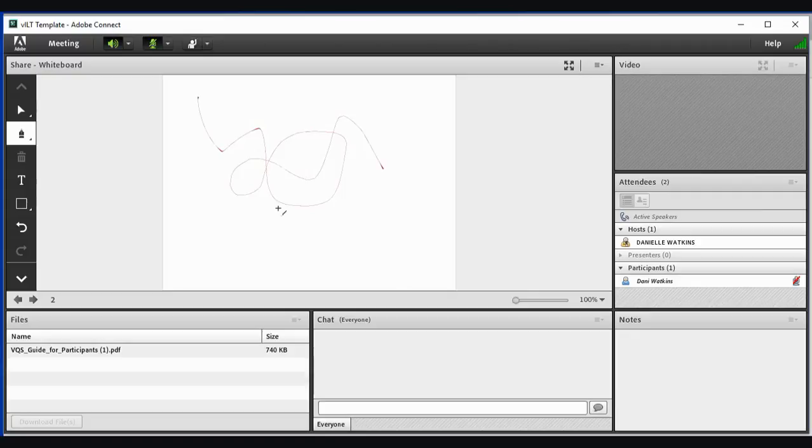We might launch some polls here and there, but those are pretty straightforward. But hopefully this gives you an overview of Adobe Connect so that we can be as efficient as possible during class